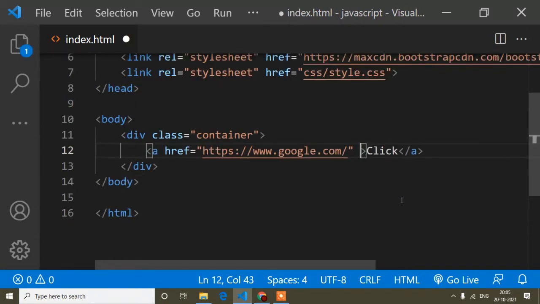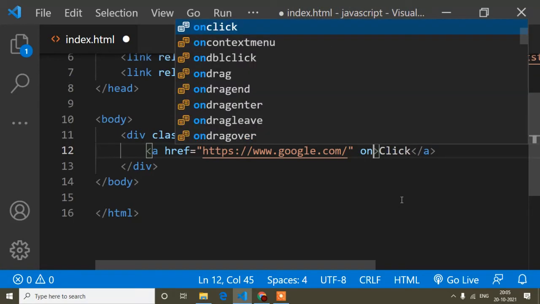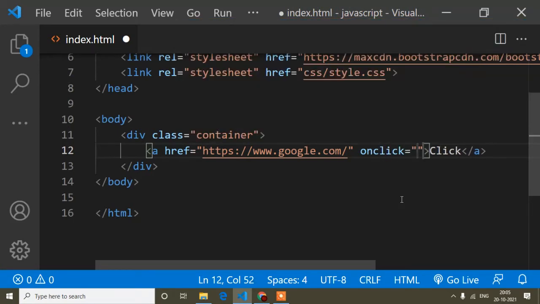Now here I will write an onclick method. Here I will write a method; the method name, I mean function name, we can write anything. I will write my function, and here I will pass event. Now I have to write the definition of this function.